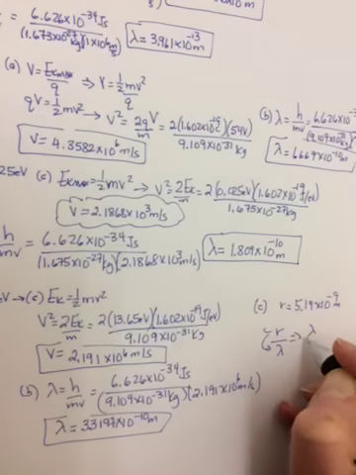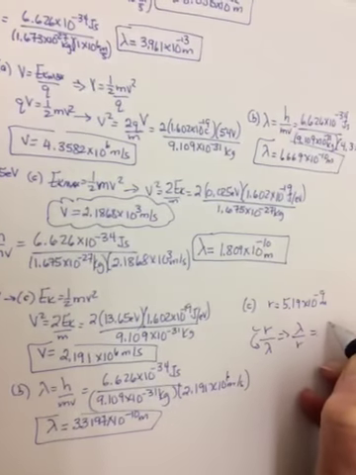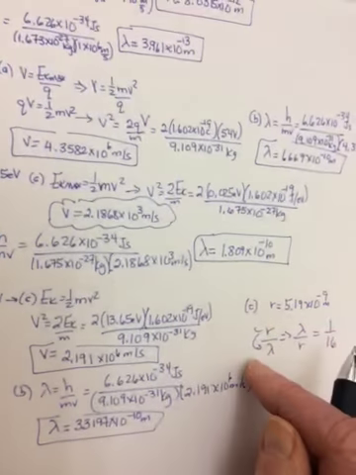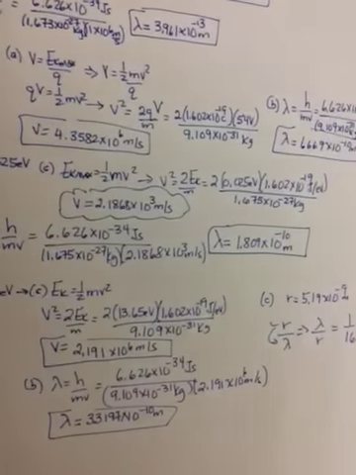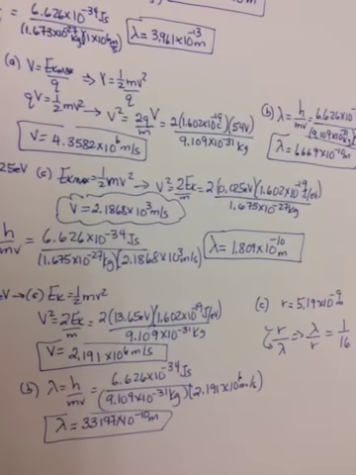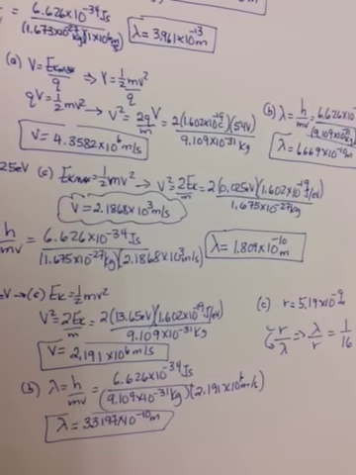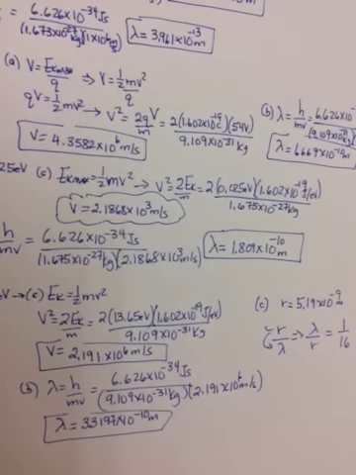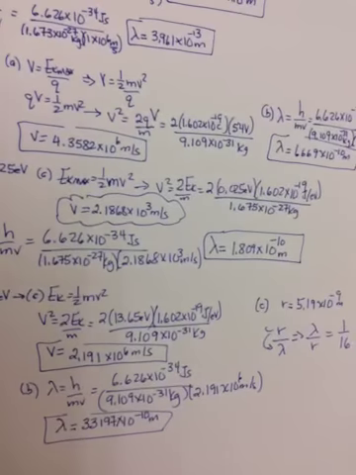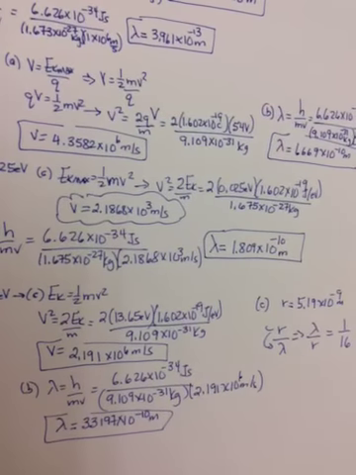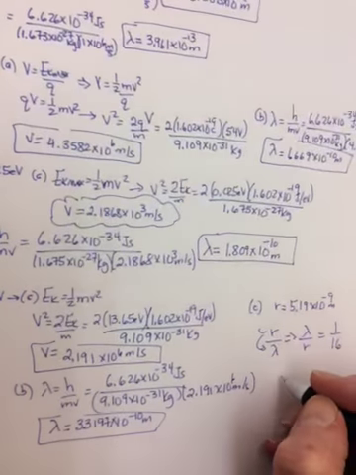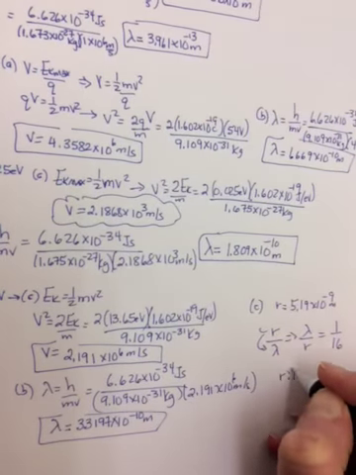If you divide lambda into r, I think you get 16. Let's see, 5.19 to the negative 9 divided by 3.3197 to the negative 10. And you get 15.6. So it's about r to lambda